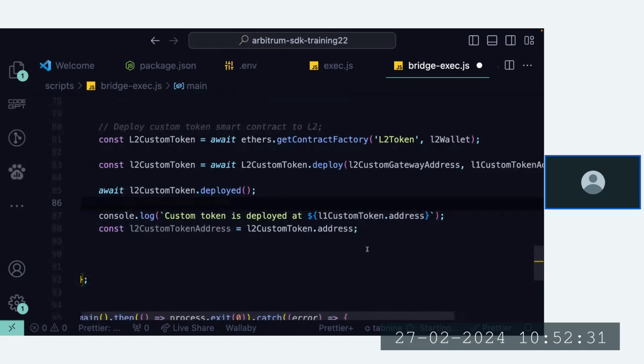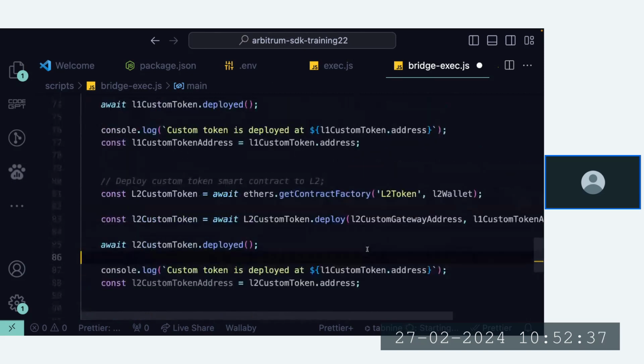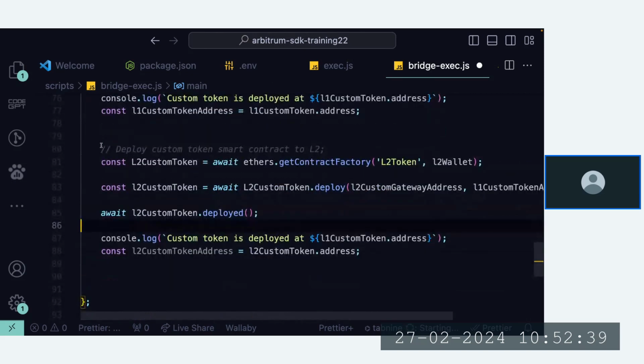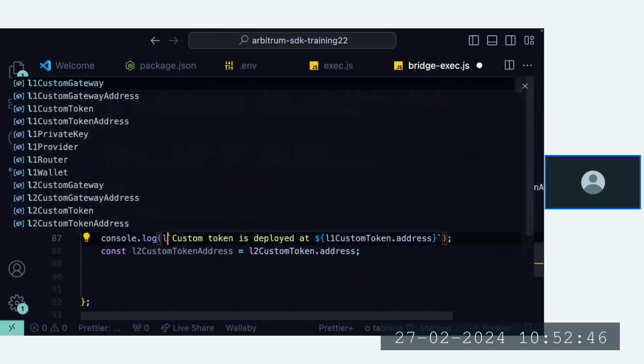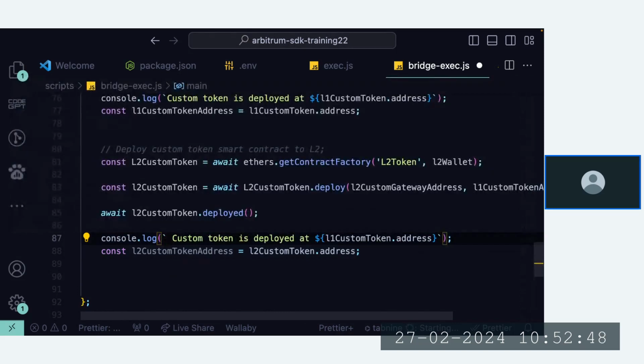Then once that's deployed, which one is this? Yeah, so from line 80 down to line 88. Yeah, so this is L2, sorry. Let me add L2 custom token. So let me change this to